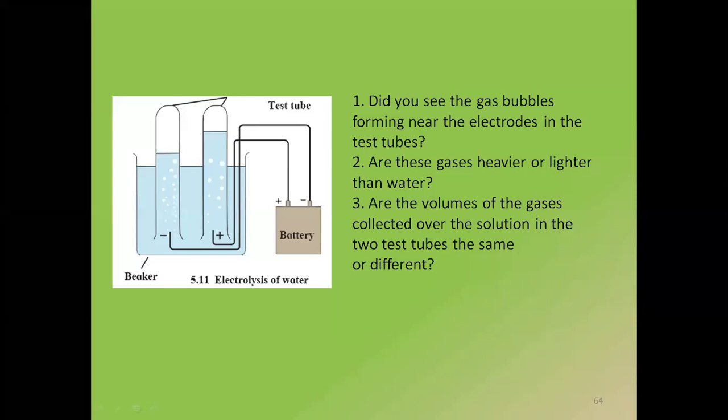Which gas? Correct. Which? No, it's not air. What did we take in the beaker? Come on, tell me. मुझे बताओ beaker में क्या था हमारे पास? Water. Very good. See, salt was a small quantity, so that will be not relevant here. We took water. What does water get separated into? Water separate होके क्या बनाएगा? H plus and OH minus. Very good. Basically, it is going to make hydrogen gas and oxygen gas.